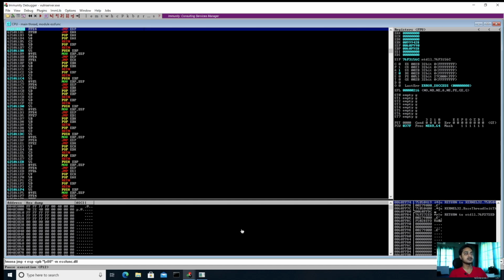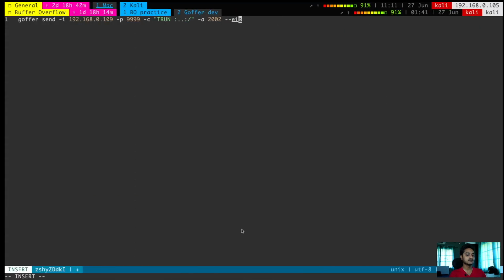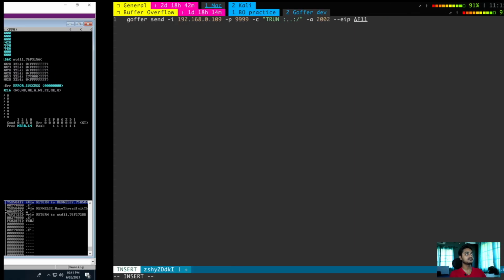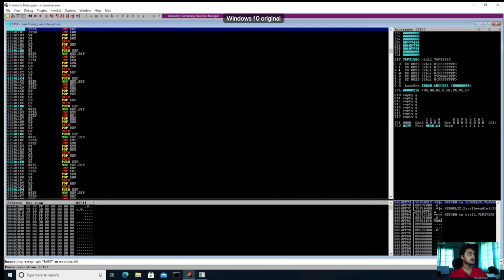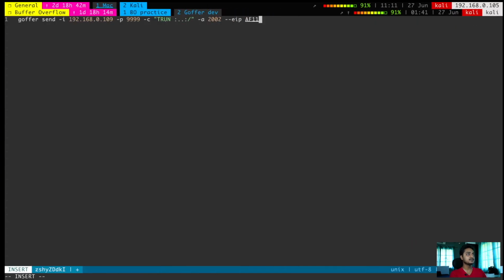This is the way the register addresses are specified. So it would be AF then 11, then 50, then 62.